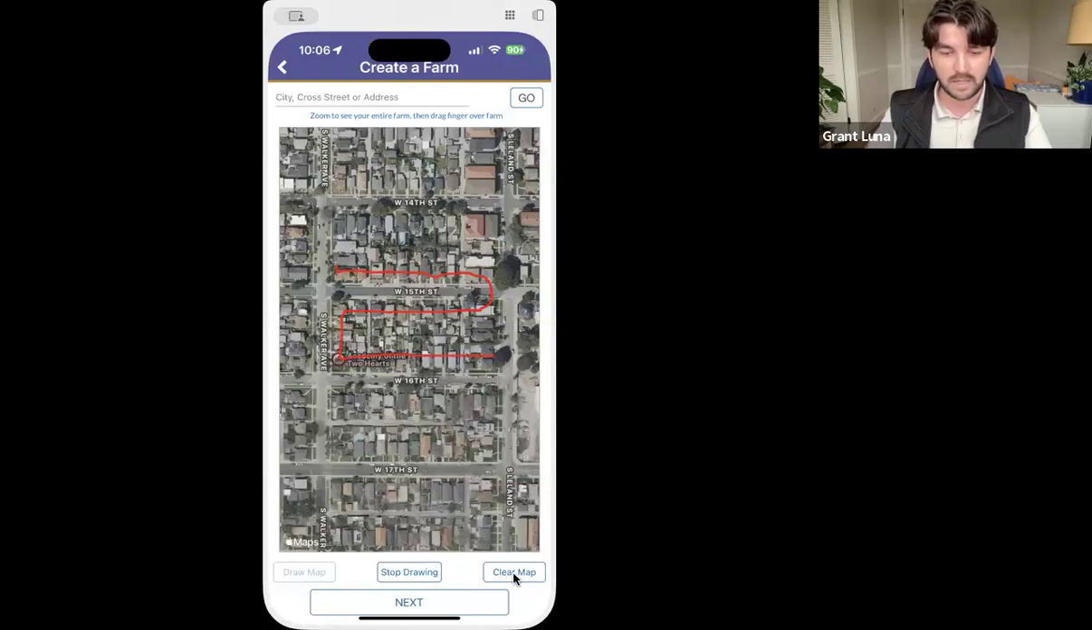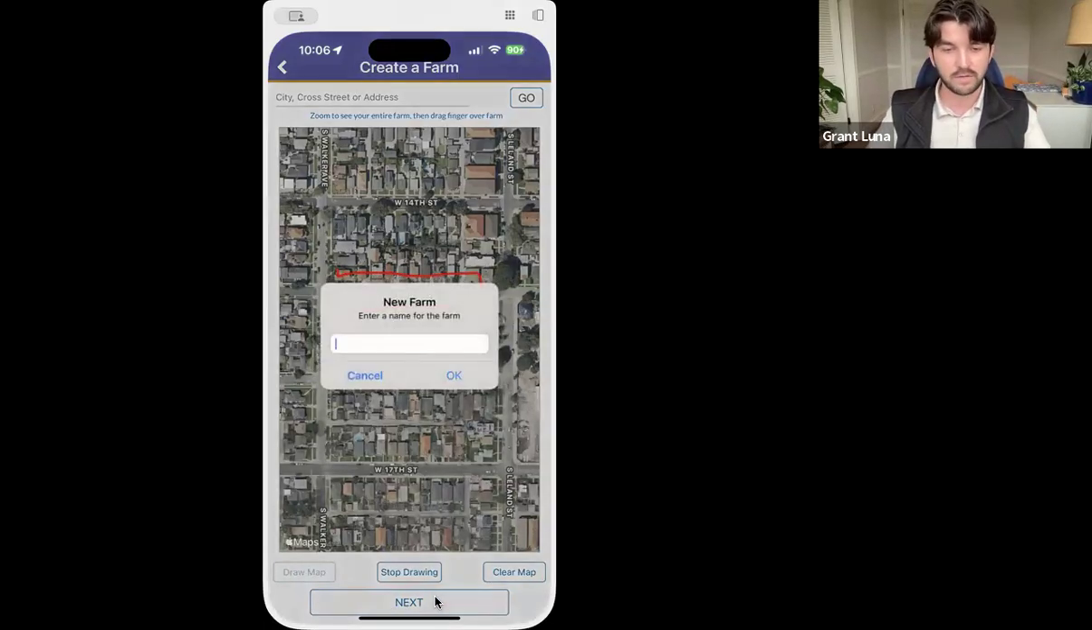Let's say I messed up. Maybe I need to do it again. I can always clear this map and start from scratch. I'll click draw map again. Let's say I'm coming here, coming across the street, finishing at these houses right here. So once you're ready to go create this farm, you can click next at the bottom of the screen